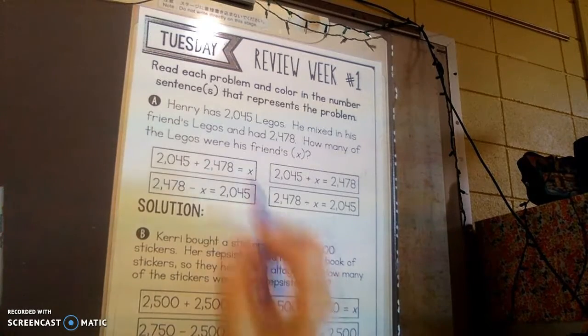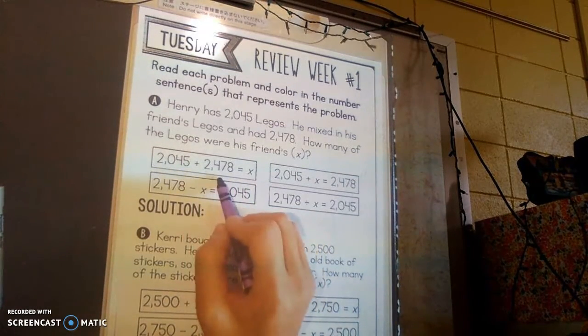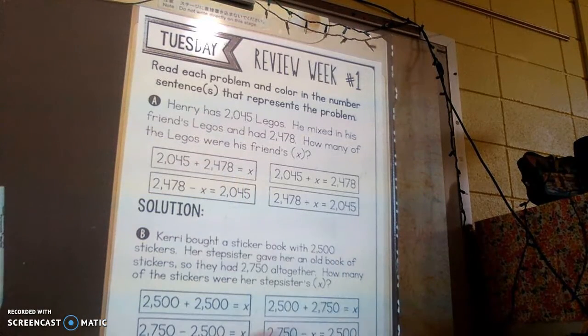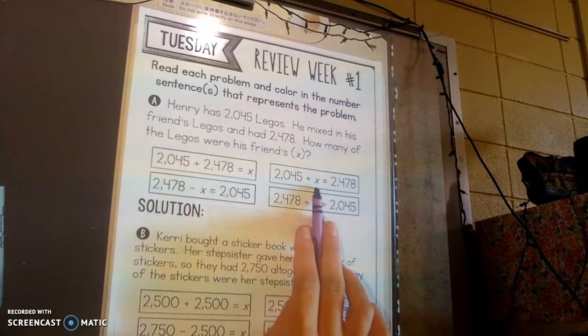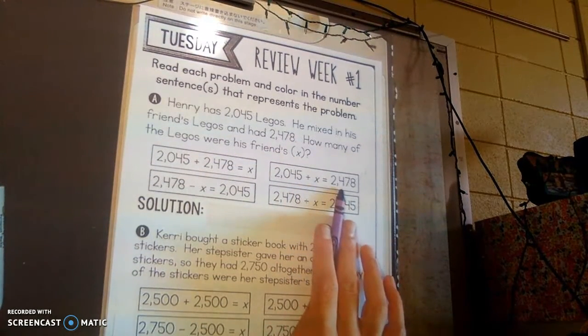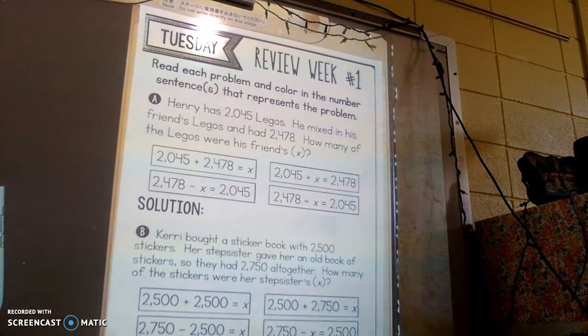My two other choices I have here, this one, they added the two numbers together to get X, which stands for how many Legos his friend gave him. And then this one is putting the X in the middle and telling us that we have a total of 2,478. Well, if I look back up at the problem, it said after he mixed in his friend's Legos, he had